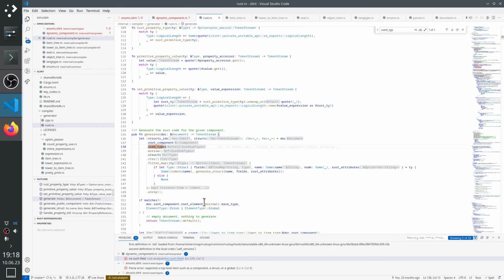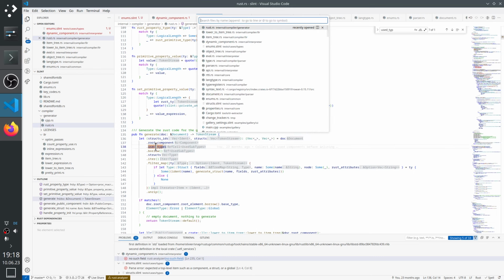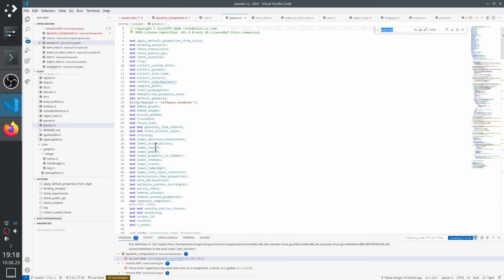Wait, those used types, so it's the used types of the root component. So in the passes of the compiler, we have a collect structs,